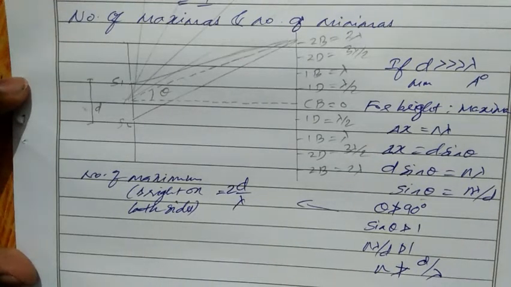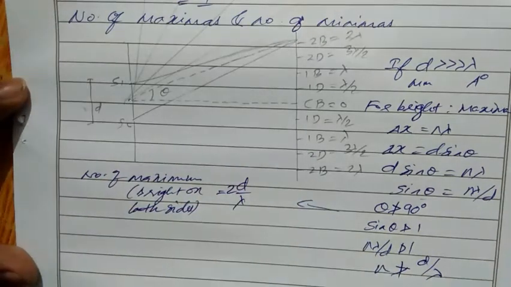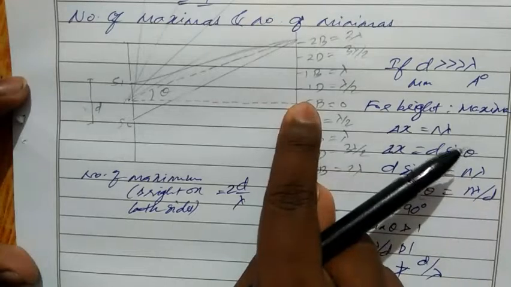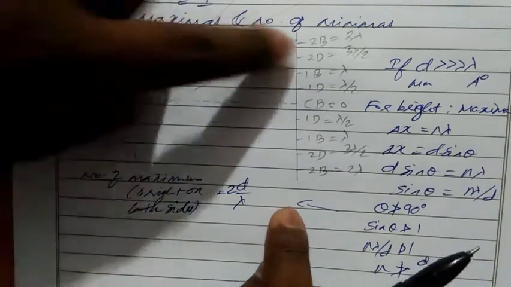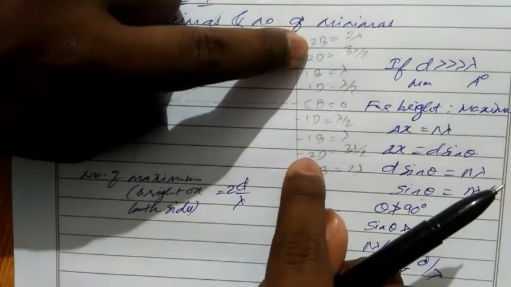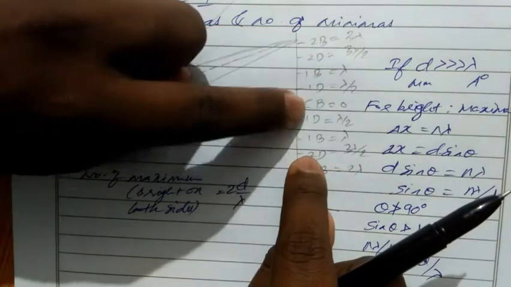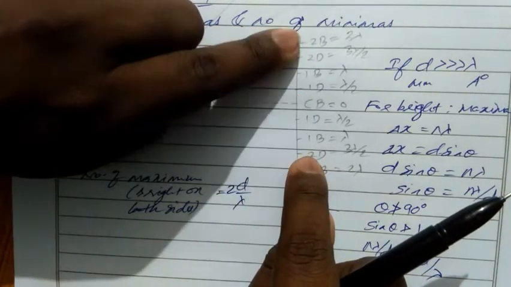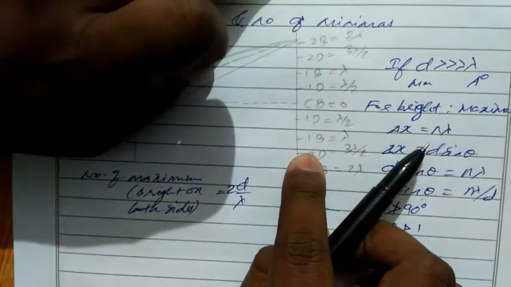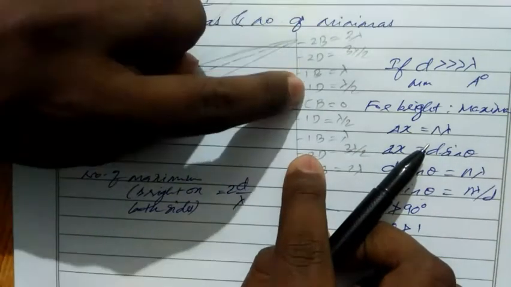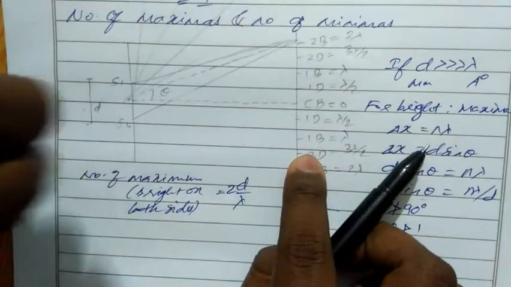Okay, this is for the number of bright fringes, but there is one exception for bright fringes. What is that? In the center line we have a bright, one extra bright. Clear? If I take 2 bright as well as 2 dark, we get totally 3 bright spots. So first bright, second bright, central bright, totally 3 bright. But for dark, first dark, second dark, we get only 2 dark.